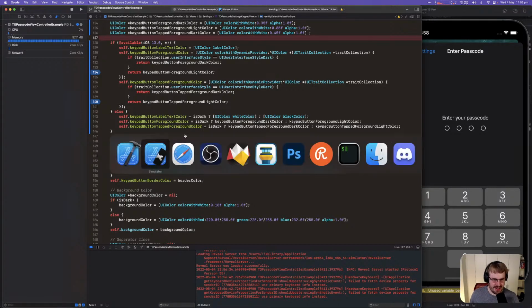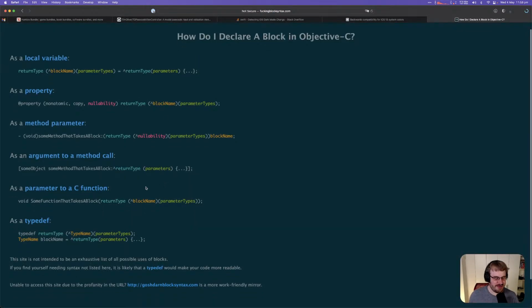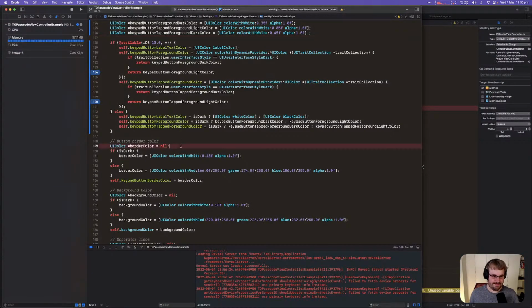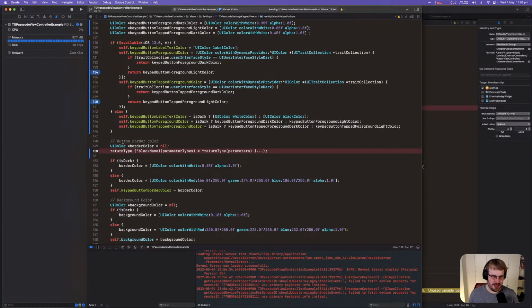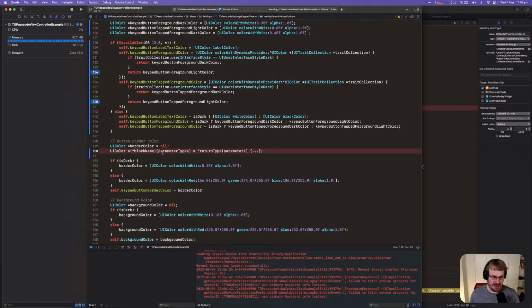How do you write blocks again? Oh, that's an amazing website. Gosh darn block syntax. Here we go. I should have done this before. My color. Border color. Parameter types. Just one bool. And then